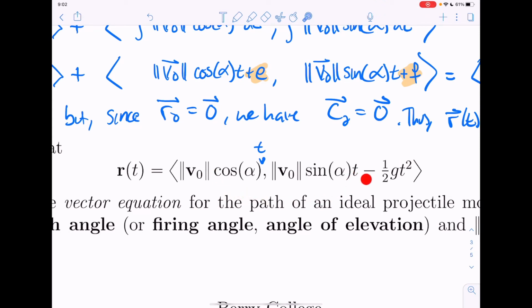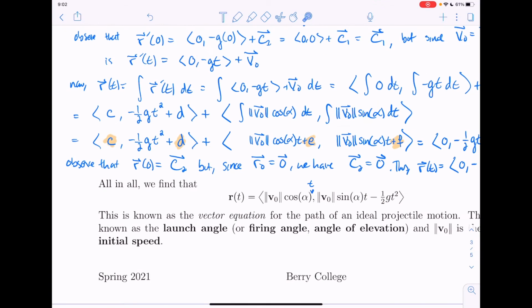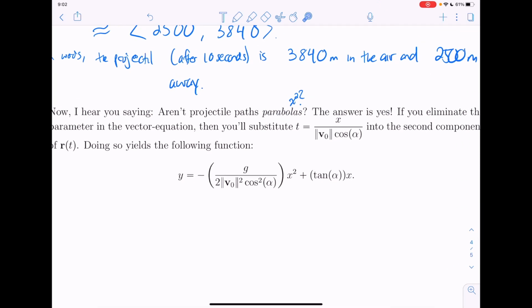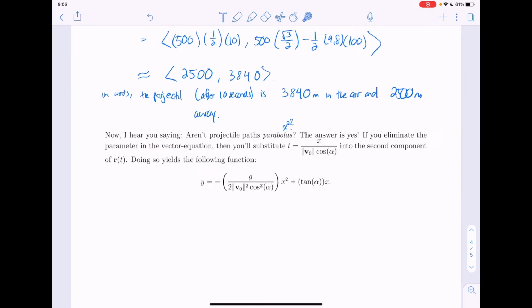If I do that, t is going to be equal to x over this quantity. And when I plug that in here, we'll get sine over cosine, that's a tangent, and then we'll get some cosine squares here. And if you do that, you can reduce this equation into the following form, where we have y equals negative of this constant times x squared, plus tangent of alpha, this constant, times x,